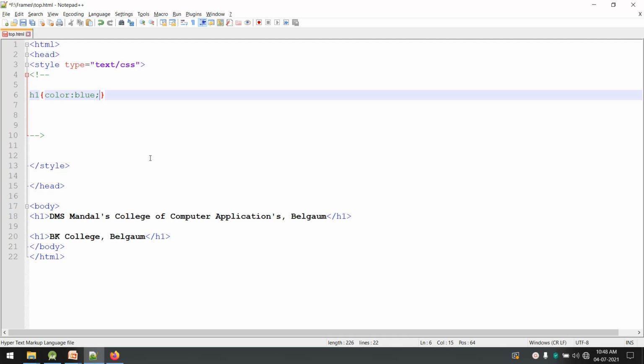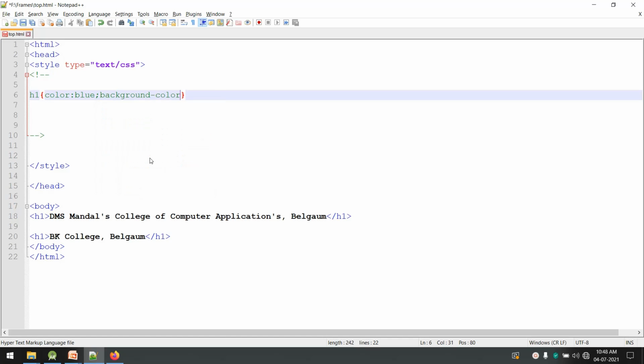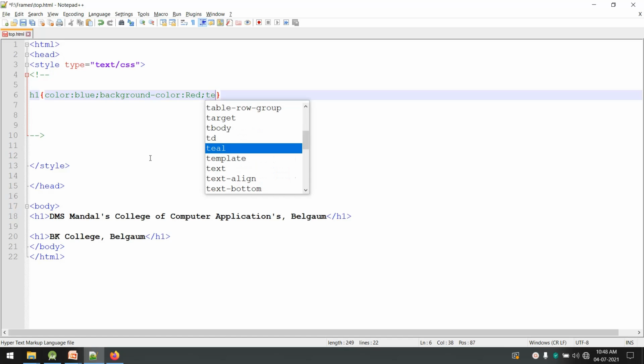I can even specify other style rules as well. Say semicolon, then we have applied color as blue. So I'll set a background color. I'll say background color as red, and I'll even set text alignment.